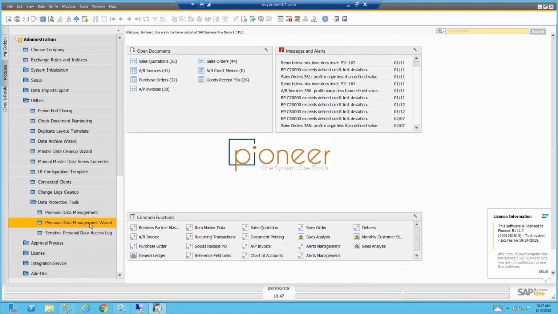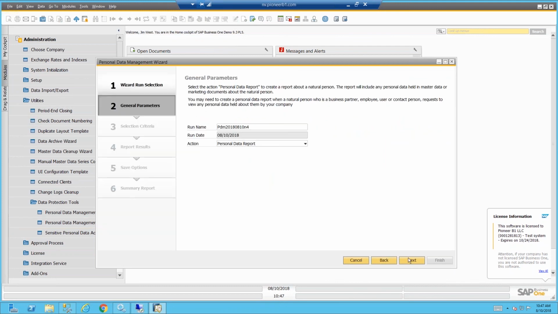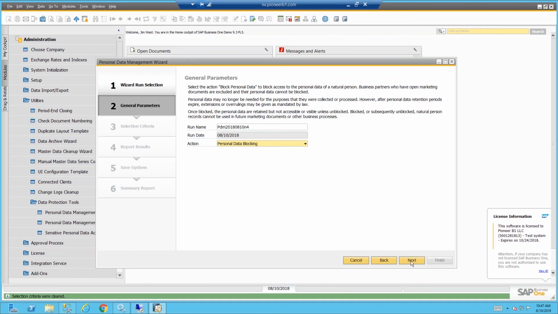And then the last thing is that there are all kinds of other user management tools that allow you to do batch transactions, for example, to do cleanup of personal data. If somebody asks a company in the European Union to delete all his data, you can do that through here. You can block personal data, so nobody will be able to access that. So for example,